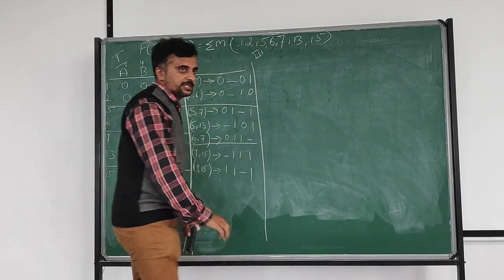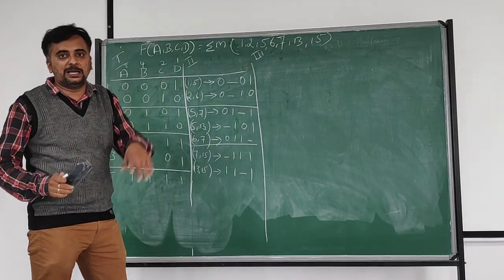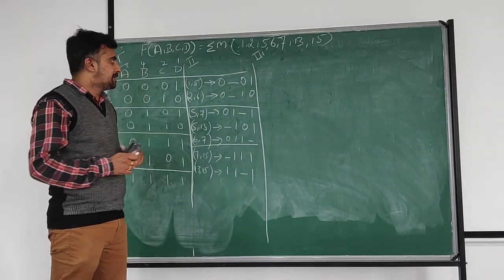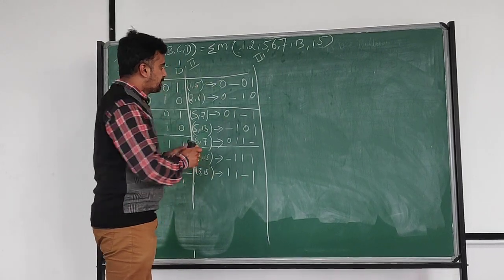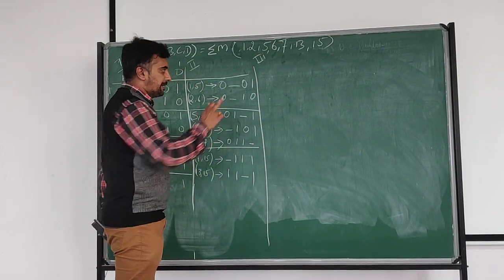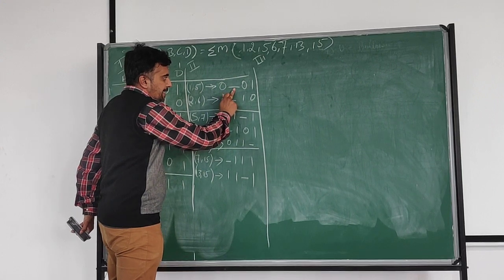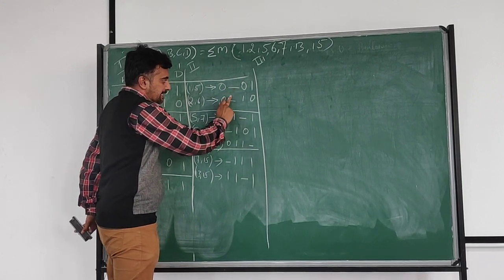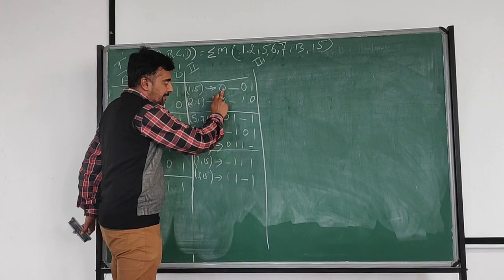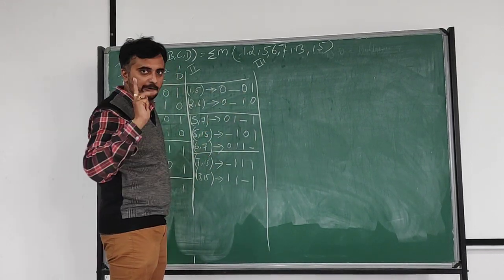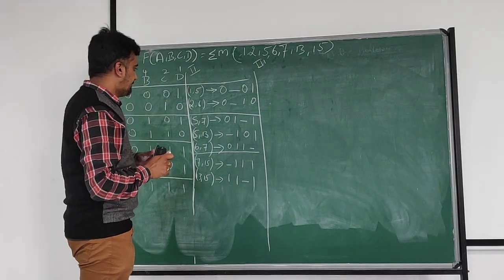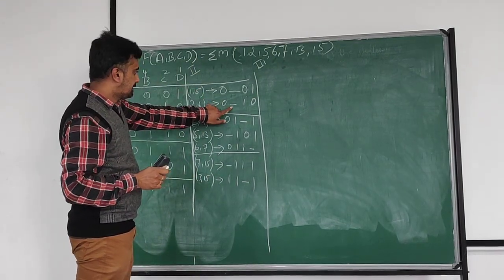This is a very important step. You have to compare for double dash. How will you compare for double dash? Check here. You have to check the entire thing, where the dash is available. First 0 dash, second dash is available here. Check here, second dash is available here. Compare 0 0 dash dash, dash dash. So 3 dashes, no. Now I want only 2 dashes. Compare here. See here. Here also.